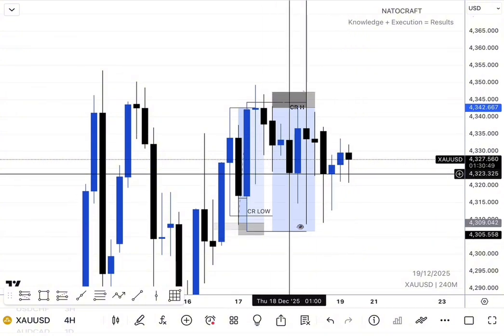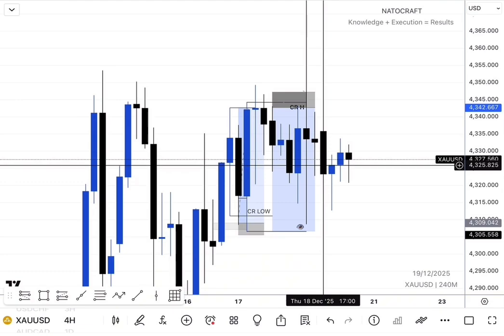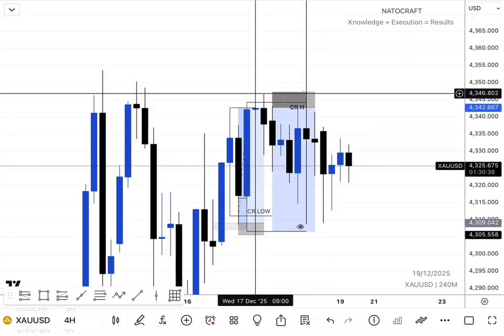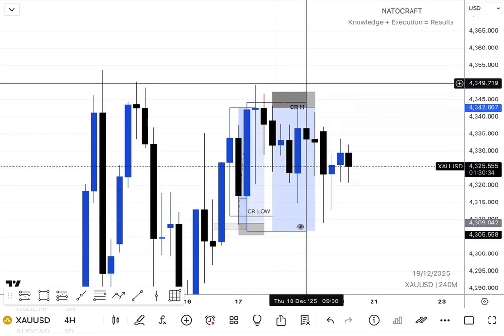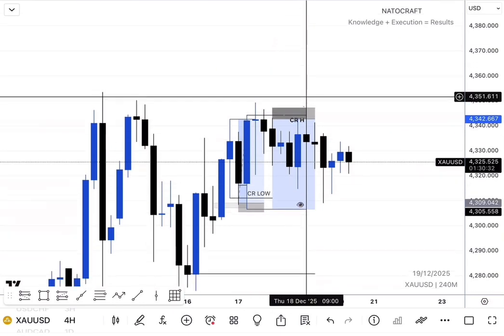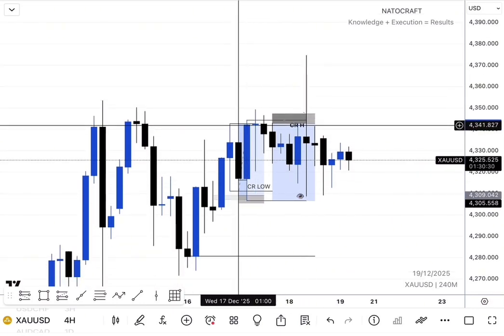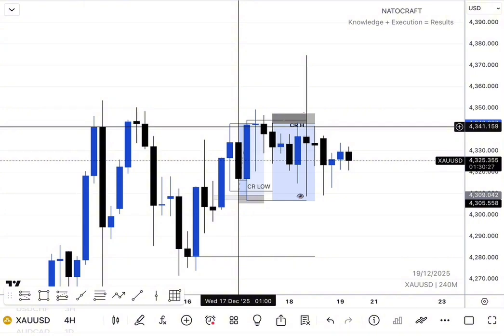It went straight back to my SL. And why? This happened because the market is bullish. This is why you don't trade against the trend. You do not trade against the trend. But this is a very clean model. I knew it was going to go down, but I was not expecting something like this, like a week to the upside. I thought since yesterday my trade did not go to the all-time high,